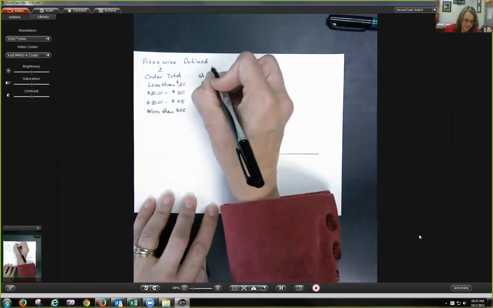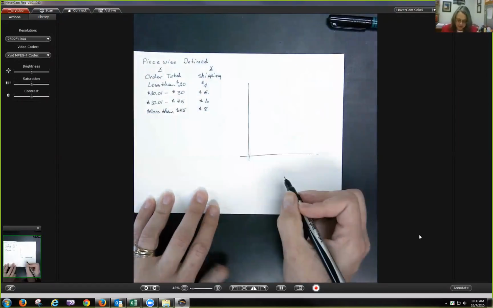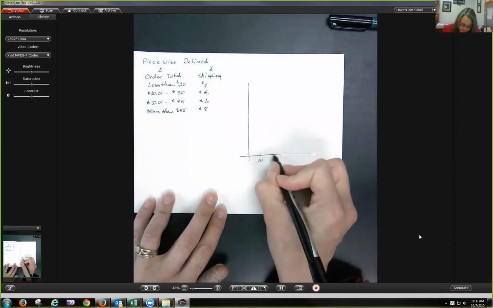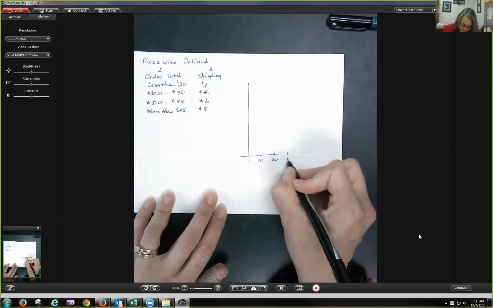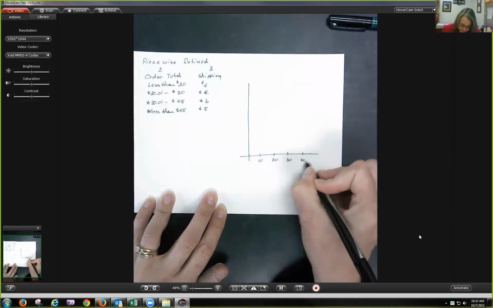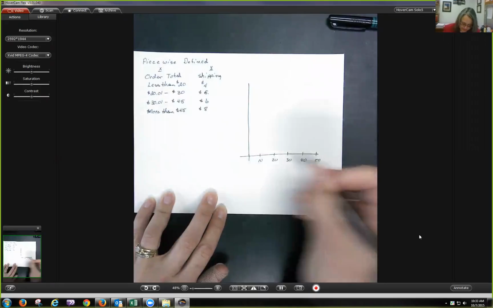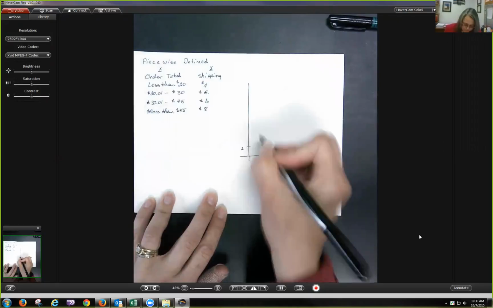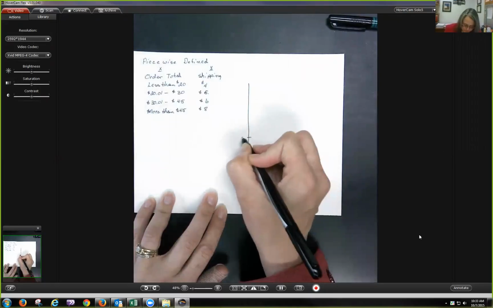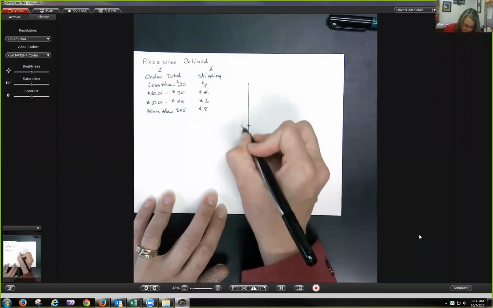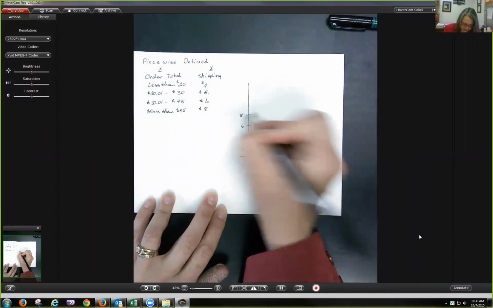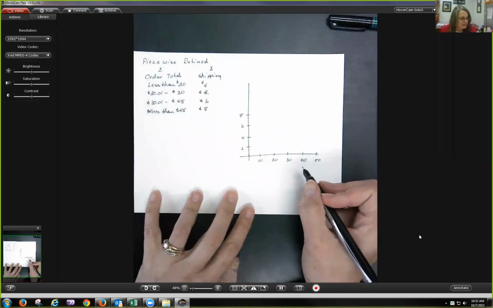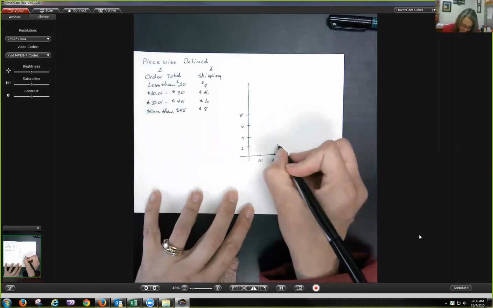This column is my y's. $10, $20, $30, $40, $50, $2, $4, $6, $8. All right. So if my x values are less than 20,